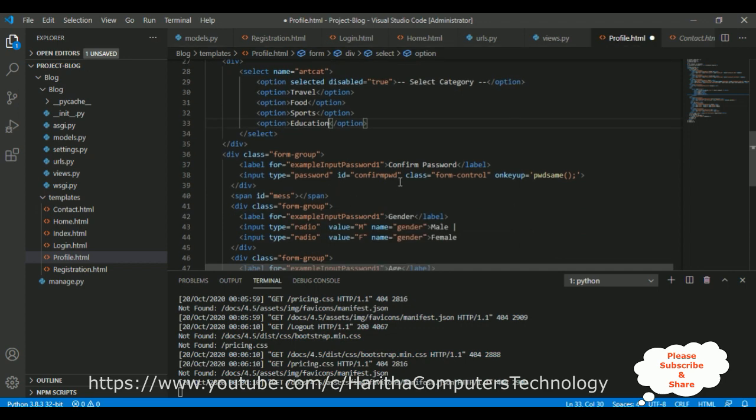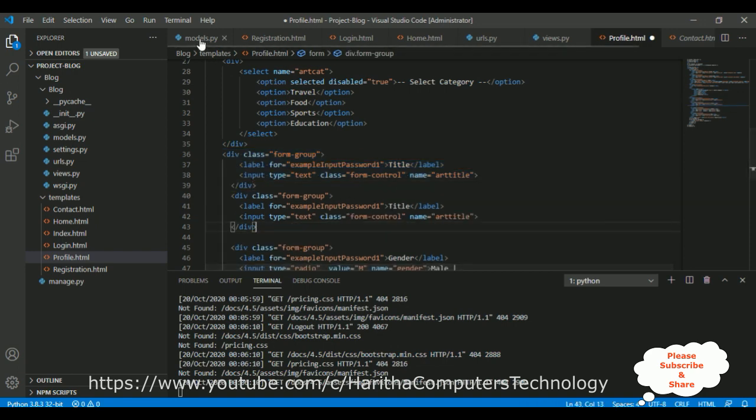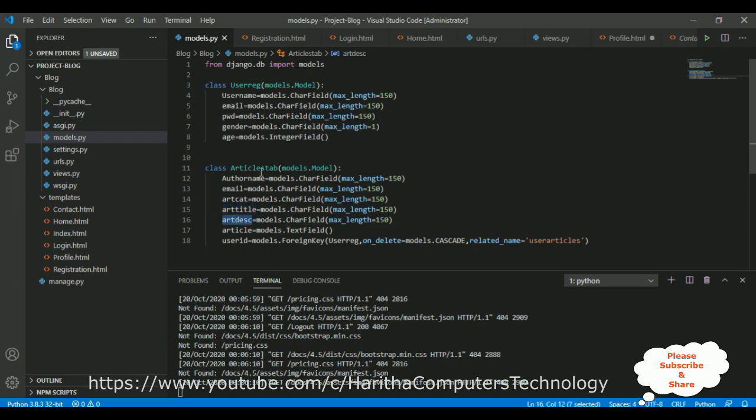Profile, the title of the article, this one the text, we don't require the ID here. On key up, let's delete this one, name is equals to article, let's delete this one, paste here, article description,